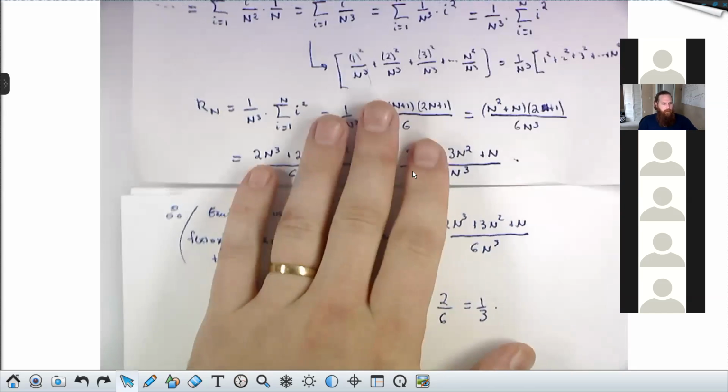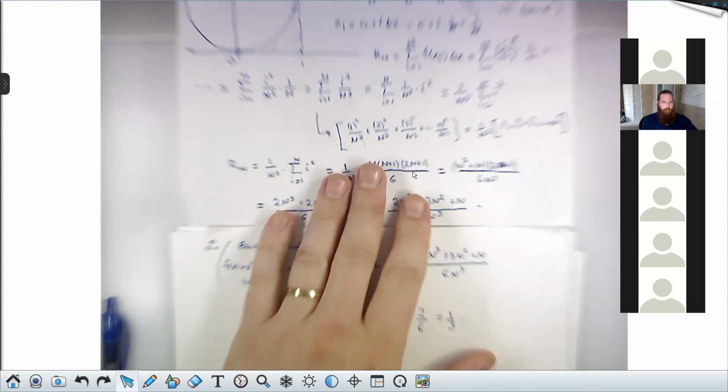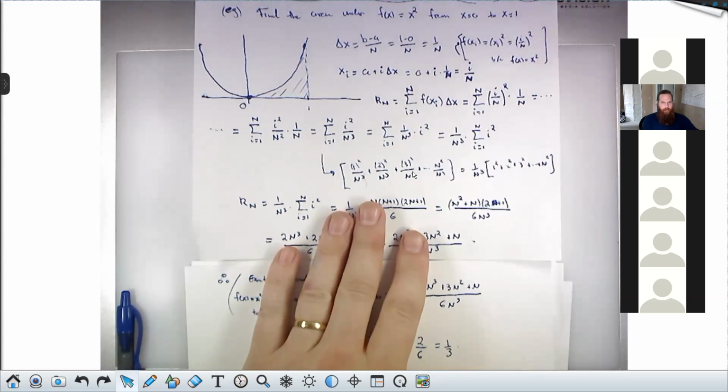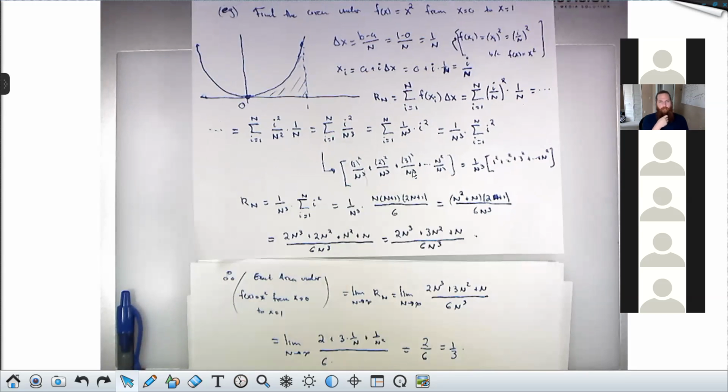Questions on this last example here before we scoot? I know this stuff looks scary the first few times you see it. So remember, you always calculate delta x first, then you calculate xi, then you write down this formula and plug things in. You plug in for delta x, you plug in for xi. To figure out what f of xi is, you look back at the function f and you plug in whatever you had for xi. So f of xi here is xi squared, which is i over n all squared.